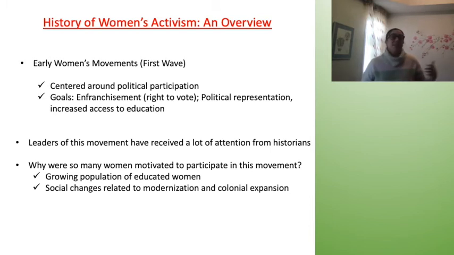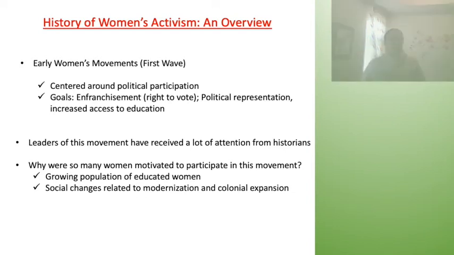In Canada, there's expansion to the west, in Western Canada. So settlers are really eager to participate in these kinds of political decisions, and women were part of that. So we know that these are some of the changes that happened, that impacted women, and that motivated women to get involved in this, what developed into a really large movement with very particular political goals. So that's our first wave, or early women's movement, that centered on political participation and access to more political rights.